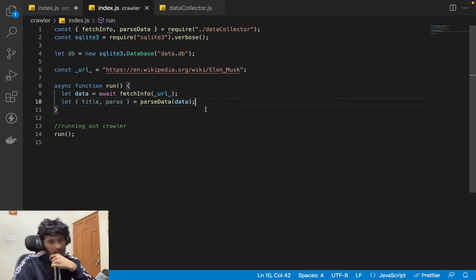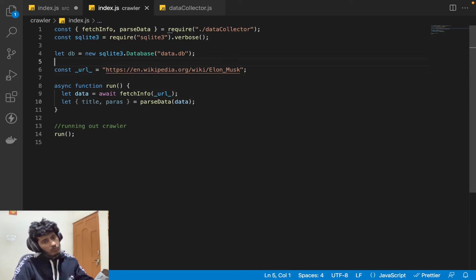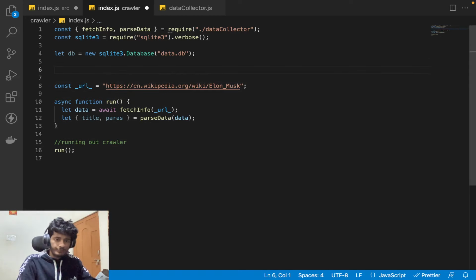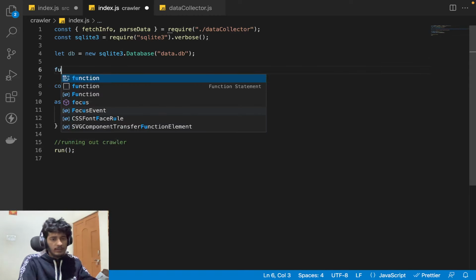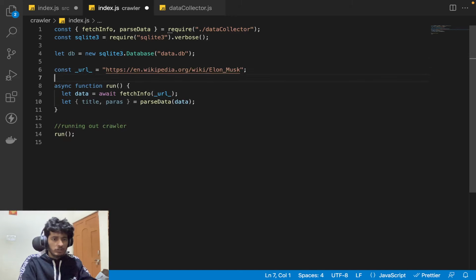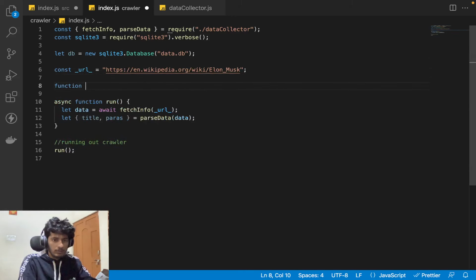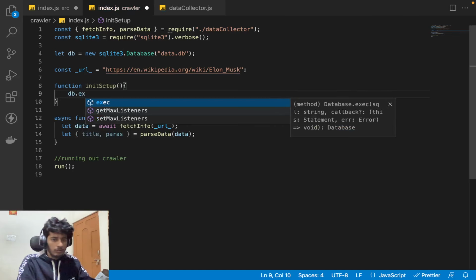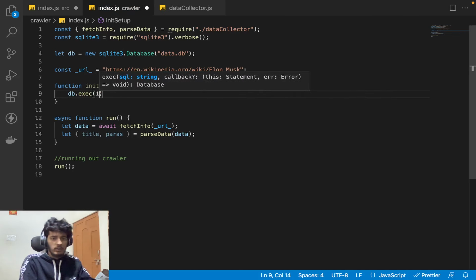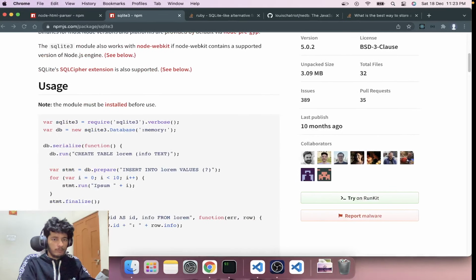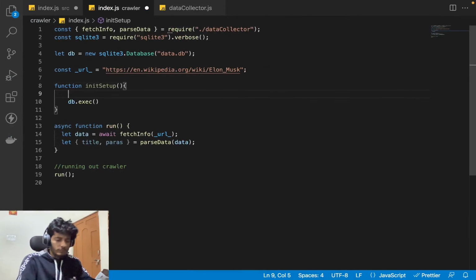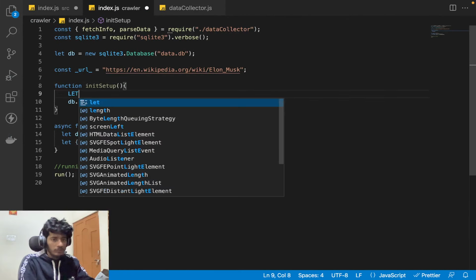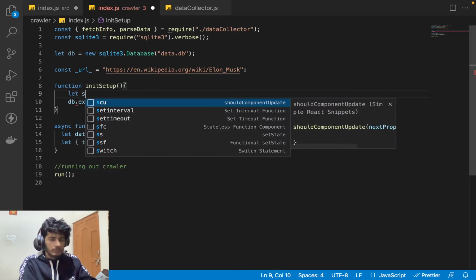After that, let's write a function for the initial setup. So function init setup, which will set up everything initially. We'll say db dot exec, right? So what will our SQL be? This is for creating the table initially. So let SQL